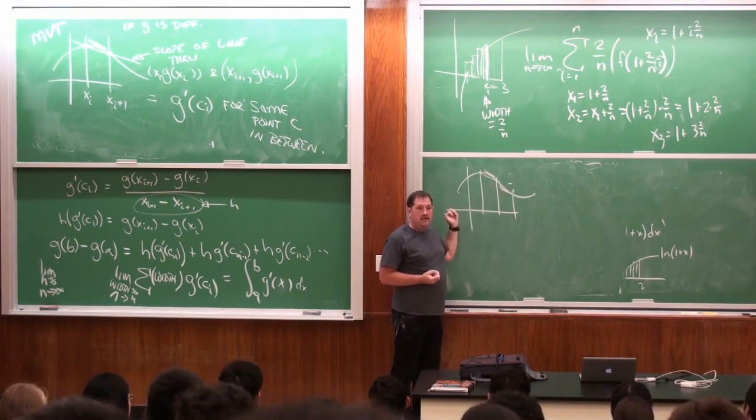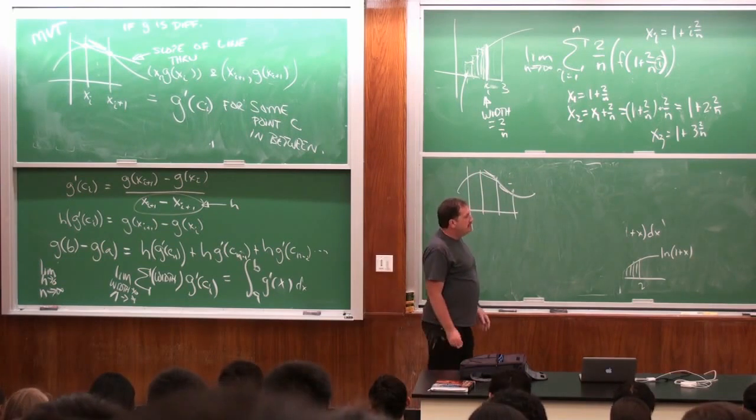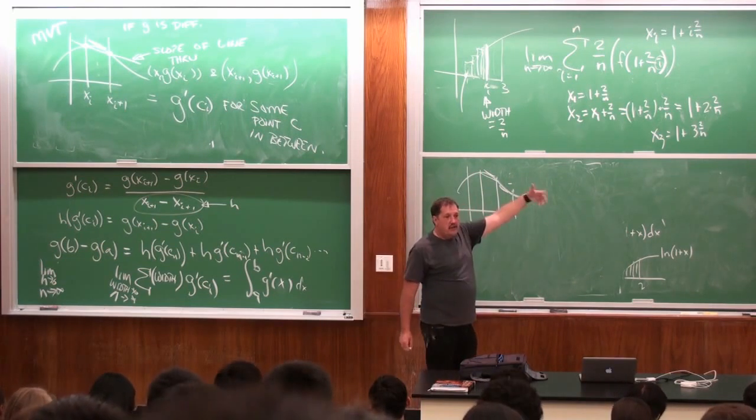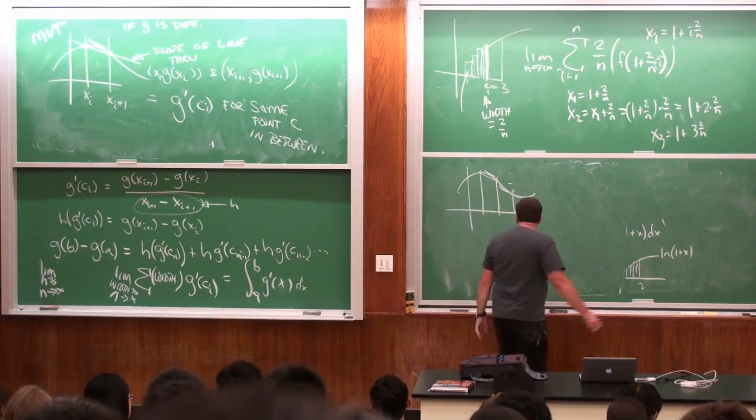I get the area. So it's magic. So this tells me that I can just do antiderivatives to do anything. Now the other way around of this,